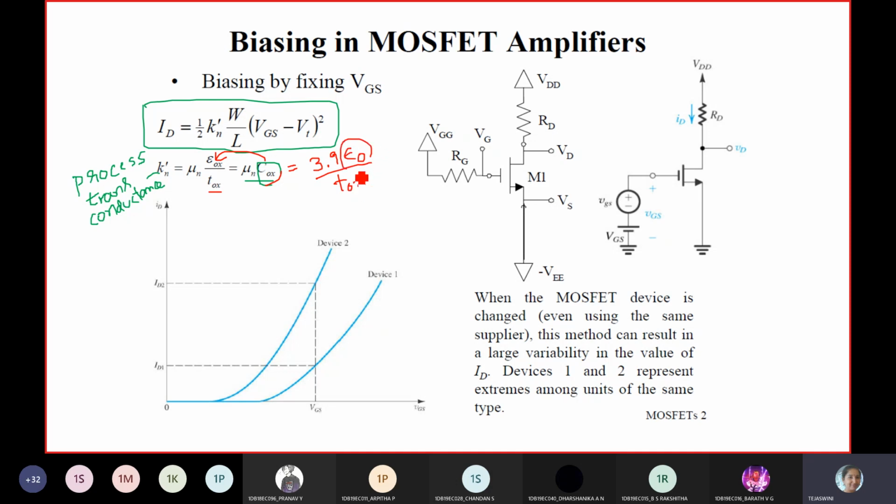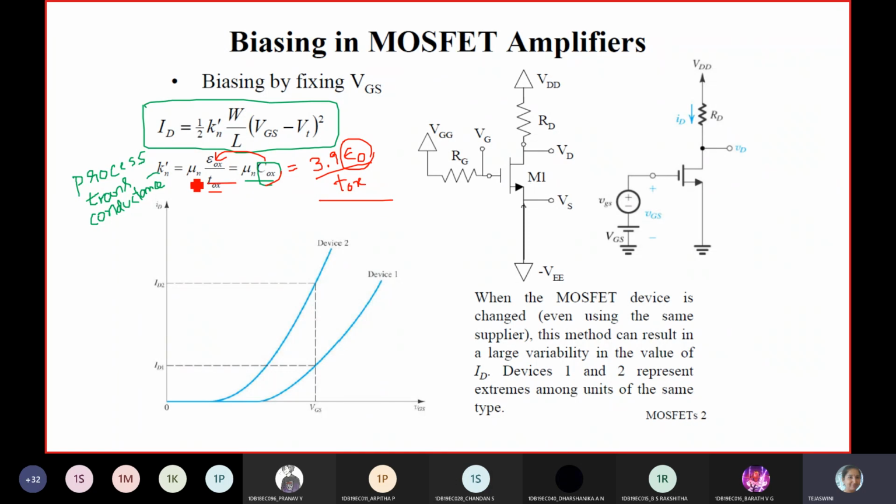So what is epsilon naught? Permittivity of free space. What is the value at least? What is the value of epsilon naught? Anyone? It is 8.854 into 10 power minus 12. Okay, that is the way you are going to find it out. You will get problems based on this. That's why I'm telling this.